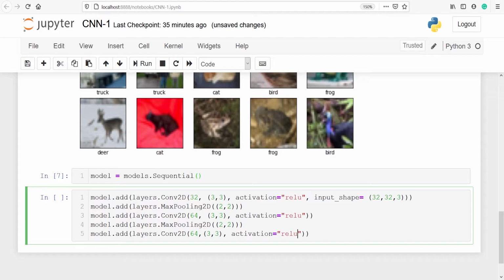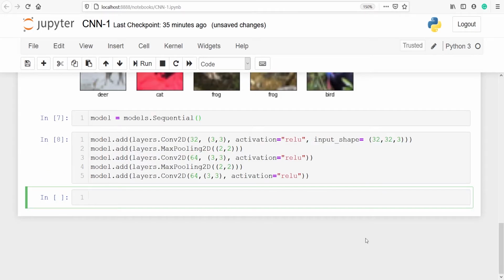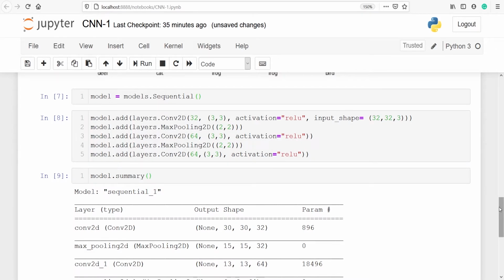Now let's run. So we have defined the sequential model and we have also added layers. Let's look at the summary of the model. So we will use the method summary, model.summary. So this is the summary of our model.